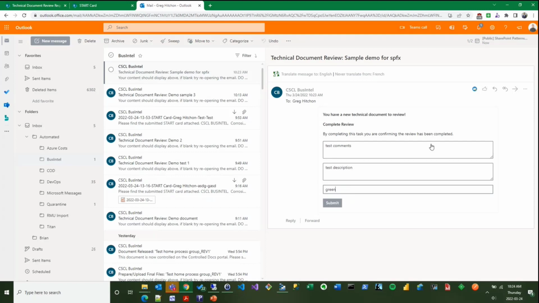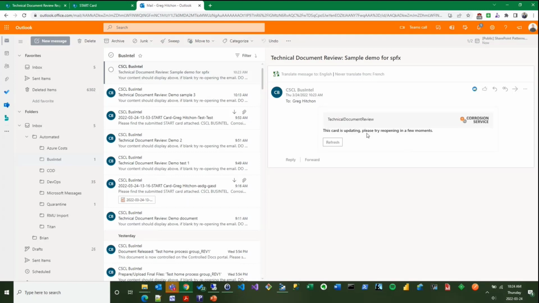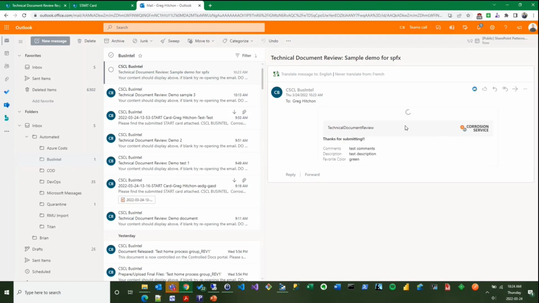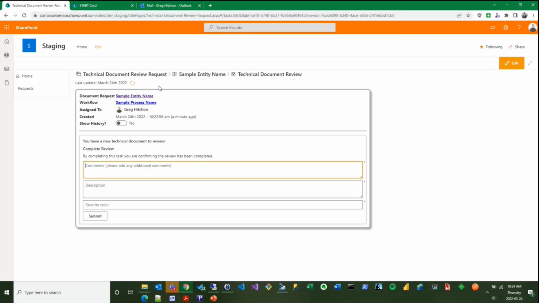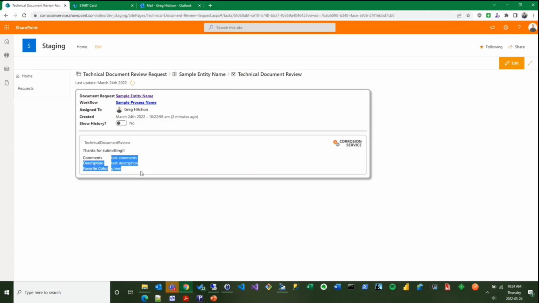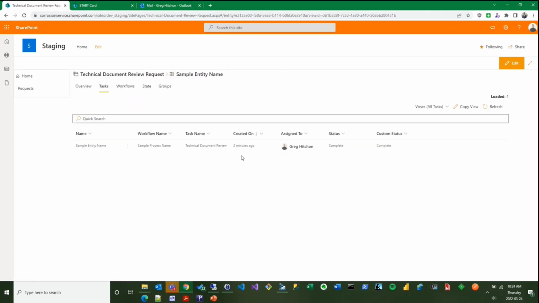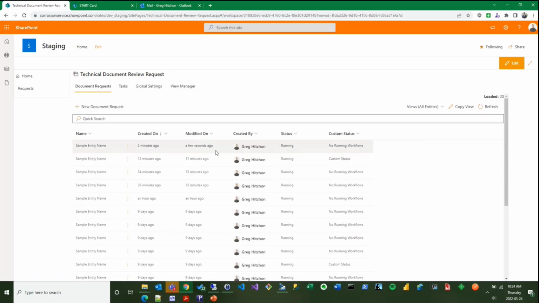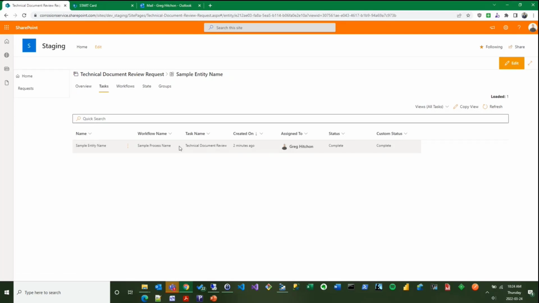So you can submit this from within SharePoint, and there's a bit of a difference with adaptive cards in terms of the updating, which I still haven't figured out cleanly. If you want to return a refresh card, it refreshes once automatically, and so if there is a lag in between, when the data is getting updated, this won't get updated right away. Once it does, though, we get this refresh card, and we can see our comments here. And if we refresh from within SharePoint, obviously we see the same comments. And then this workflow is going to update in status. It's going to be complete, whatever. So that's kind of an example of using the low code form approach.